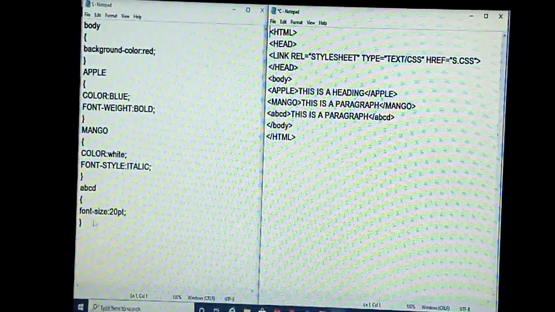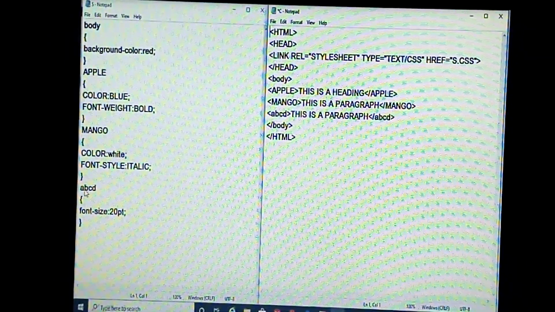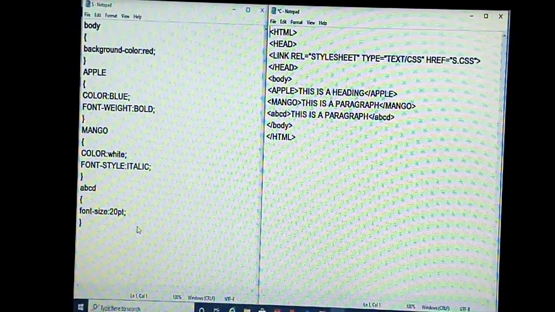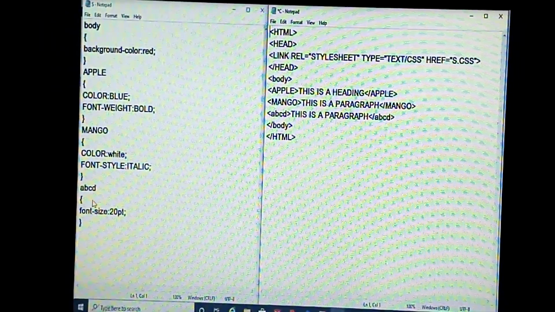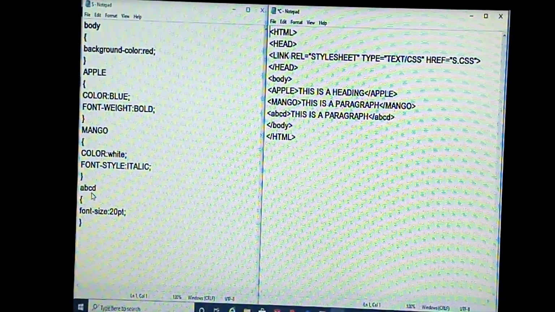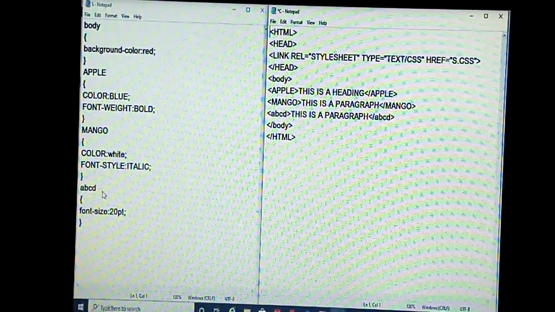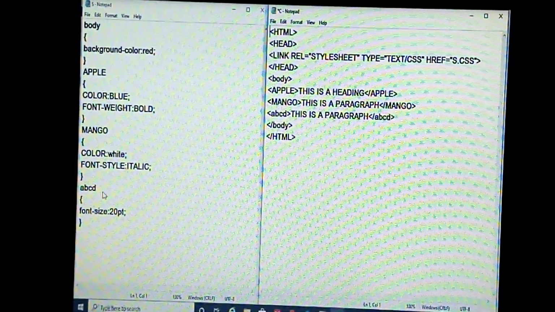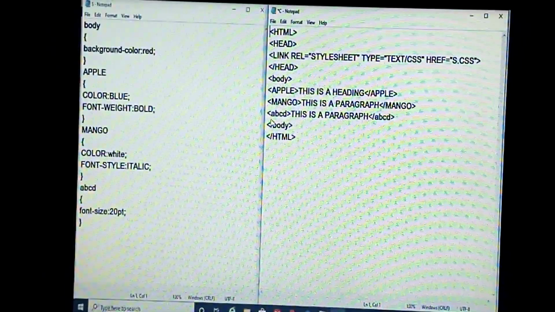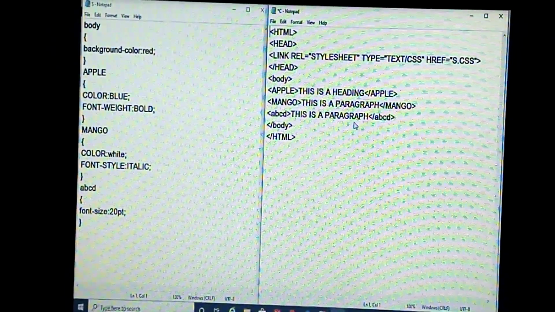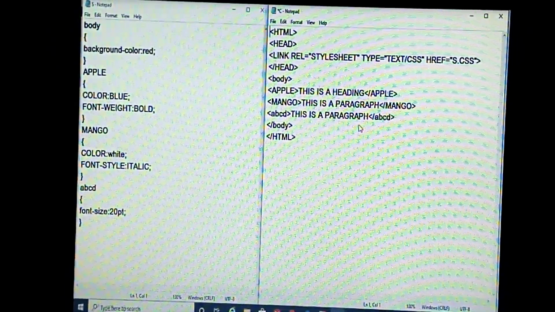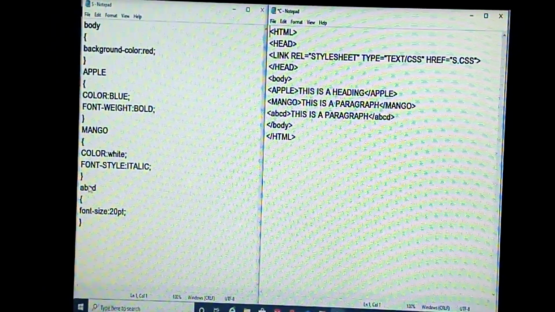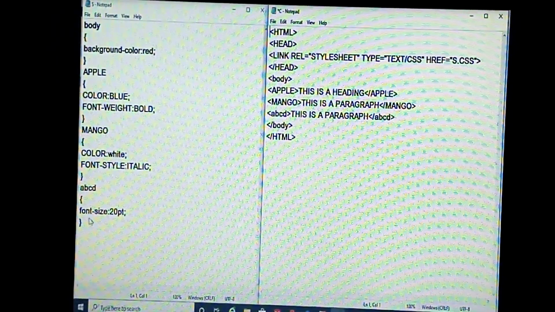See that one, the same code is there, only I have added one tag, ABCD, the last one. I have added another tag with the existing program, ABCD. ABCD is not a tag in HTML. See that one, in the HTML I have written ABCD, and inside the ABCD it is written this is the paragraph. Now for the ABCD, what behavior have I used?